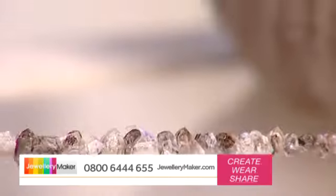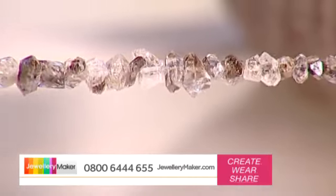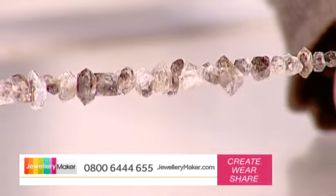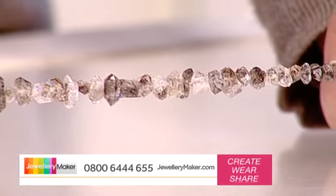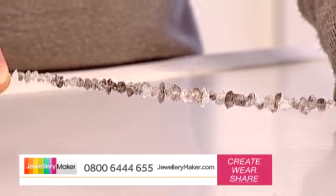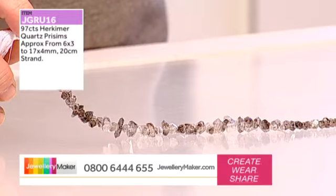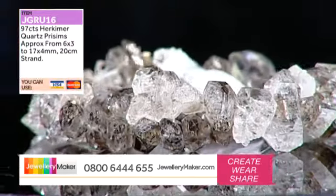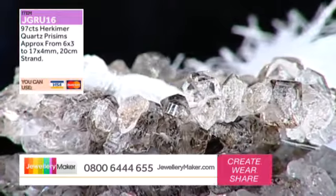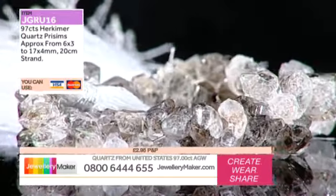This is one of the most incredible gemstones on the planet. And the really interesting thing about this gemstone is the fact that it is doubly terminated. It has very little interaction with the host rock when it's forming, and that's why you get these really, really impressive dynamic facets. Now it looks like this has been handed over to one of our most experienced lapidarists, but actually it has been hand cut